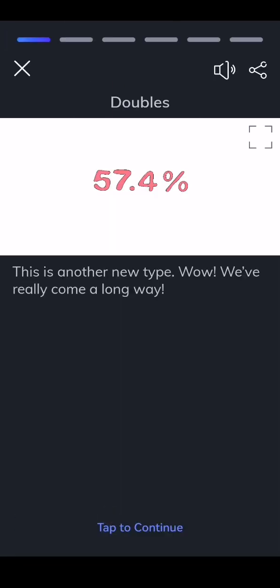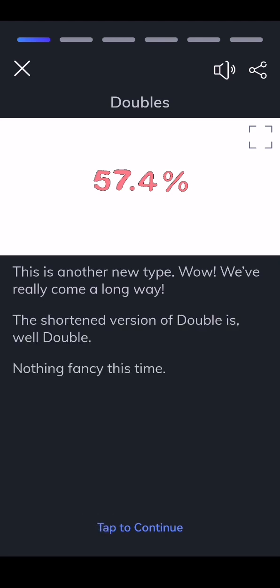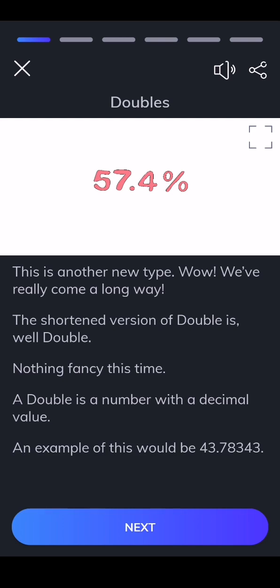This is another new type. Wow. We've really come a long way. The shortened version of double is, well, double. Nothing fancy this time. A double is a number with a decimal value. An example of this would be